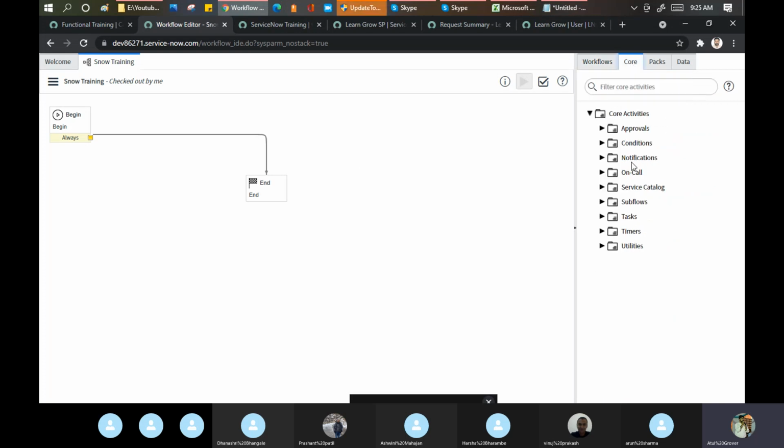Core means these are the minimum activities you need in your workflow to run it as required, and this is given by ServiceNow out of the box. In interviews, this question has been asked many times: what are the core activities? You can say approval, condition, notification, catalog, workflow task. These are my core activities.